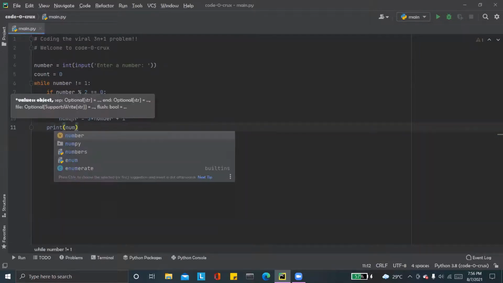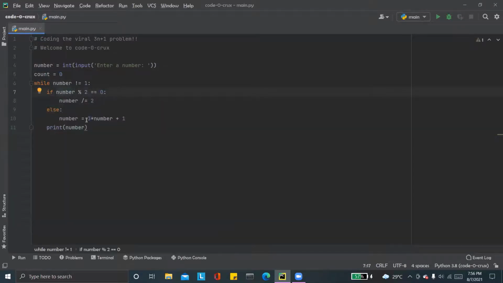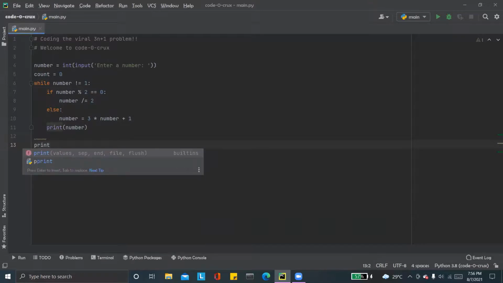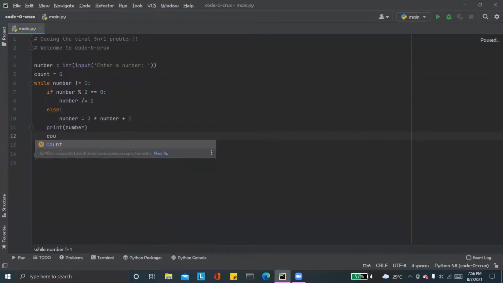What is the value of number? What does it change? For example, in our example, 3 became 10 and 5, and you don't have to memorize it, we will show you. And we will also see the value of count, how many steps count takes. And we would increase count by 1 below the number print number, for every iteration.